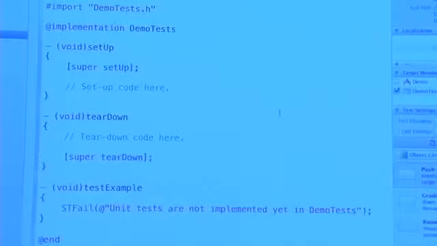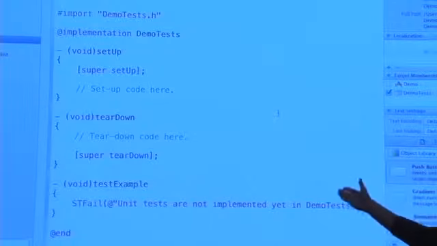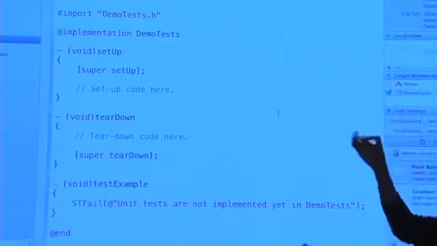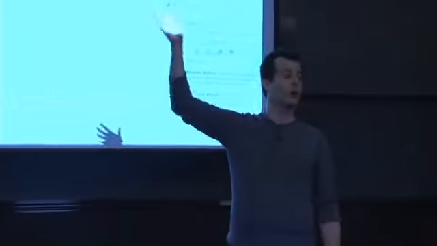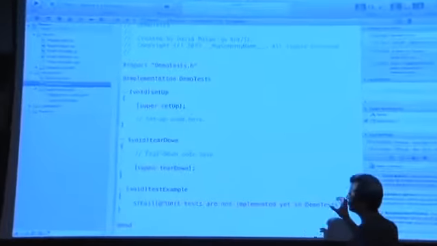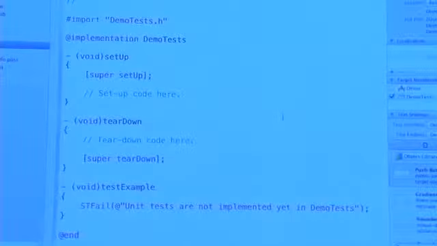And the heuristic that the SenTest framework uses is as follows. Any method whose name starts with test in this .m file is going to get executed as a unit test. And before the framework executes any such method, for instance testExample, it will first call setUp, then it will call the unit test function, then it will call tearDown, then it will call setUp, then it will call the next test method, then it will call tearDown, and so forth. So in this way, you can ensure that each of your individual tests starts with a known state of the world, where you can allocate memory, you can deallocate things, you can do whatever kind of setup you want so that every method is effectively executed in a vacuum,